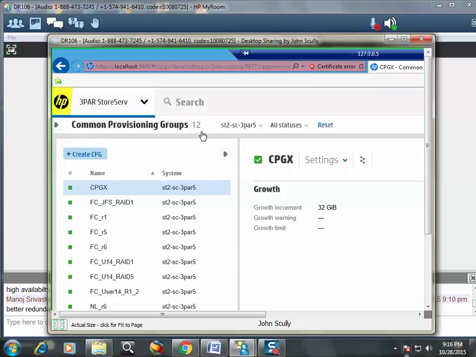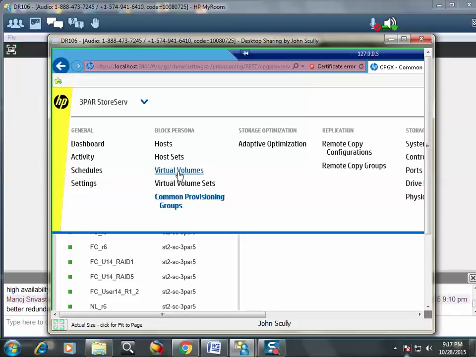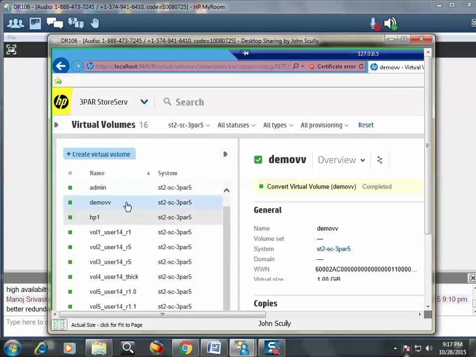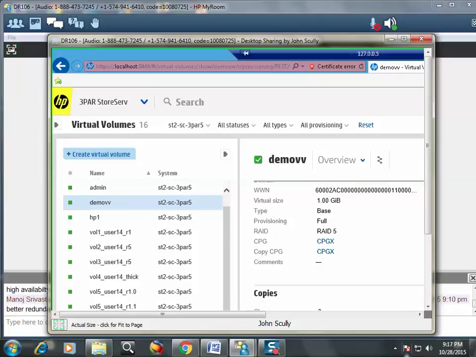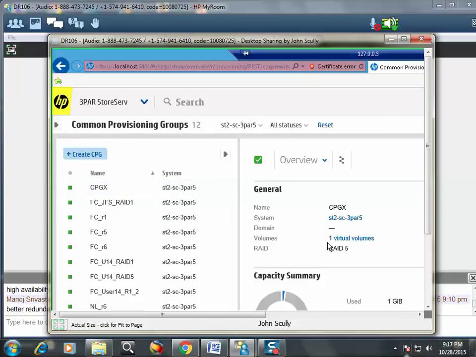Just to show you this, remember my CPG called CPGX is RAID 5, essentially with a set size of 4, 3D1P. Earlier this morning, I also created a volume called Demo VV. I'm highlighting it, and you can see the CPG it uses is CPGX, right? So I created a volume called Demo VV, and I created a RAID 5 CPG called CPGX. In fact, I'm going to highlight CPGX here. Go back to it. Now, I essentially have a volume that's RAID 5, set size of 4, 3 plus